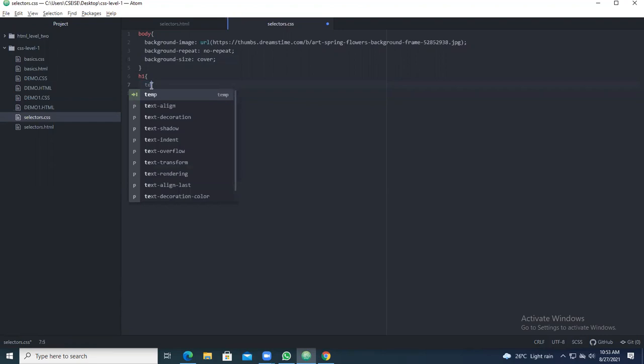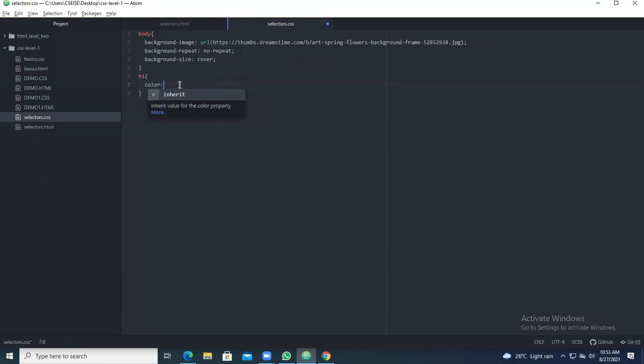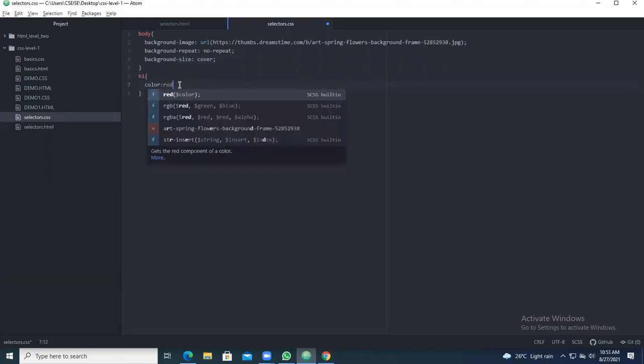For text color, you should go with only the color format. You take red, or a color in RGB or RGBA formats.